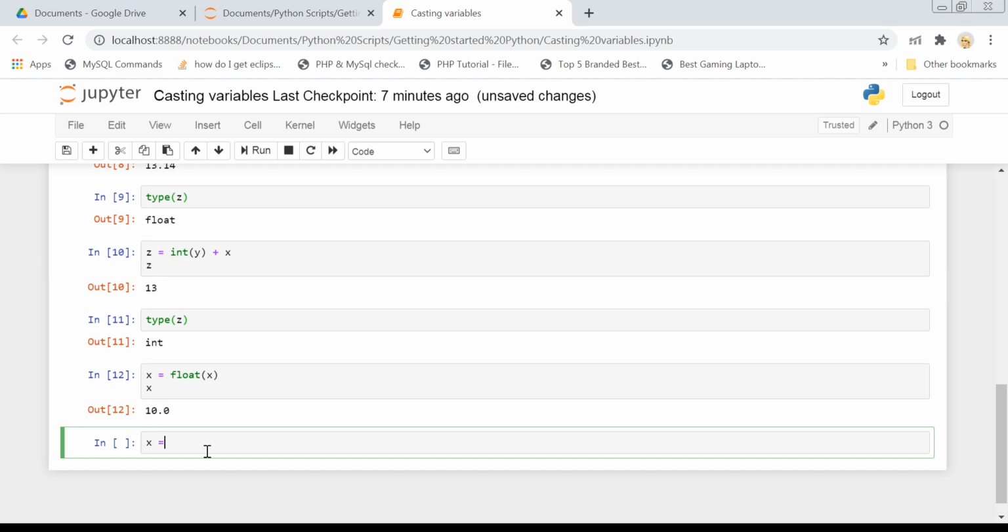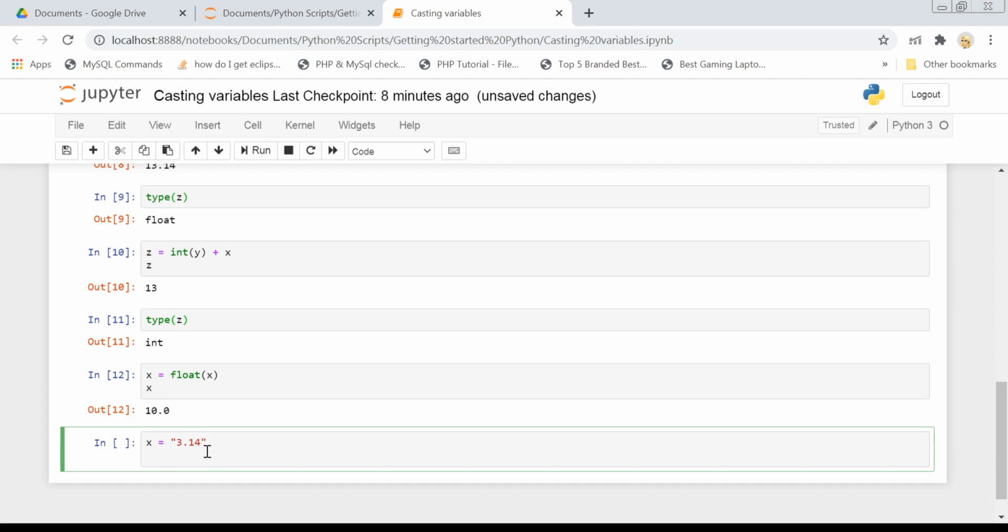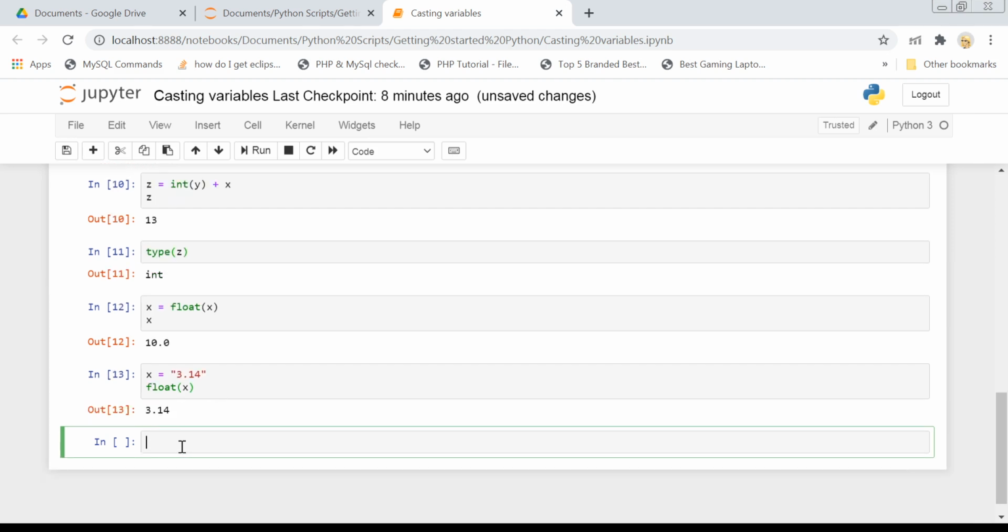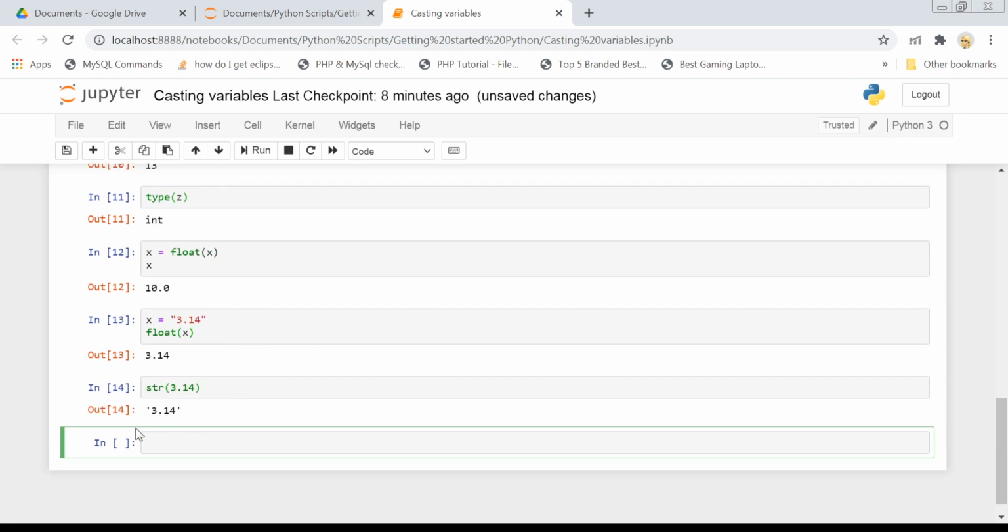If you have a string like "3.14" and you do a float conversion of that string, you will see that now this x has become 3.14 as a float variable. You can convert a string into a float, and vice versa you can convert a float into a string as well. If I do str of 3.14, you will see that it is printed as a string, 3.14.